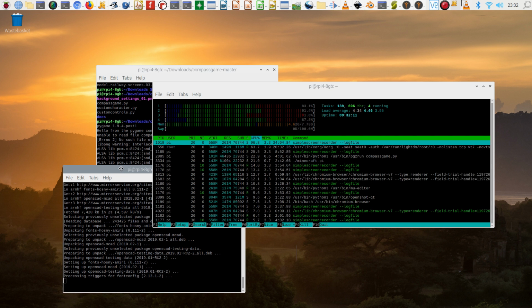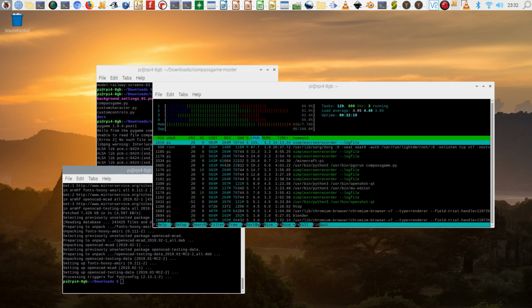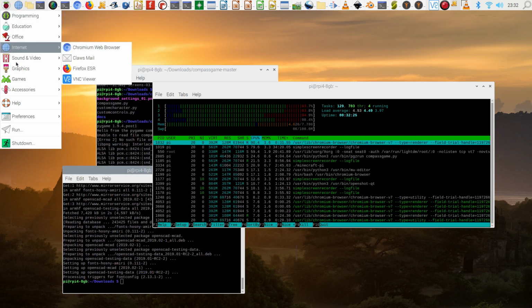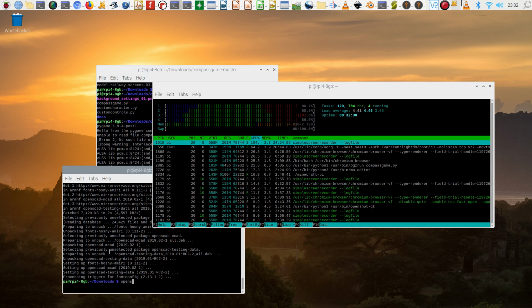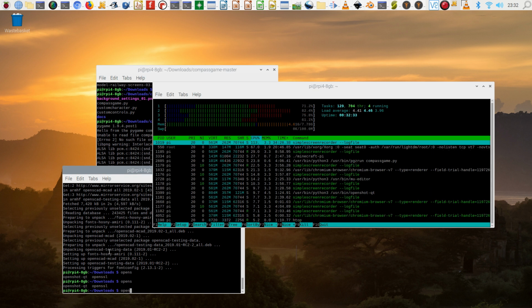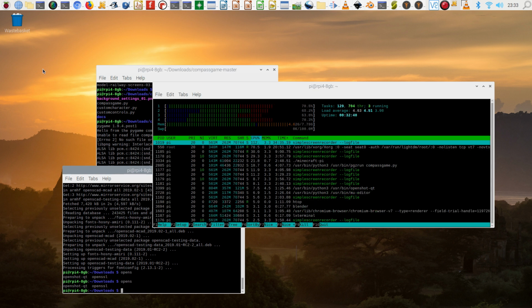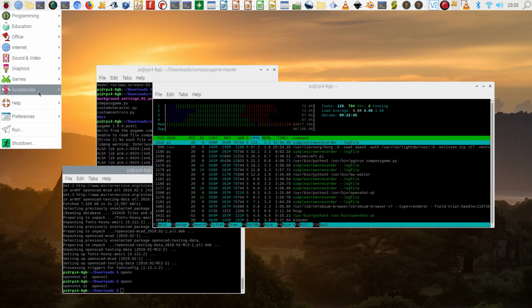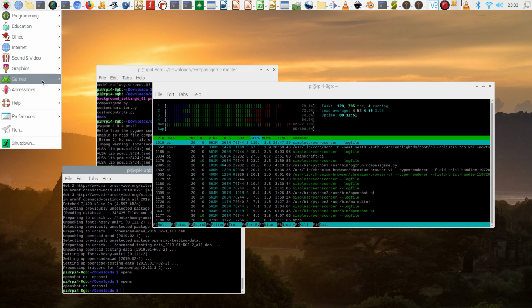So in a previous video I did try FreeCAD, but that won't run on the Raspberry Pi. It seems to be a problem with the OpenGL libraries. So let's see if we can manage with this. So I've certainly run OpenSSH on the Raspberry Pi in the past, but I can't seem to